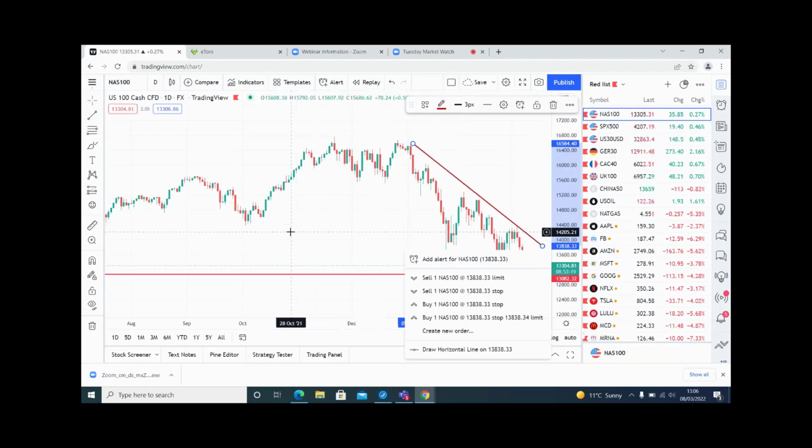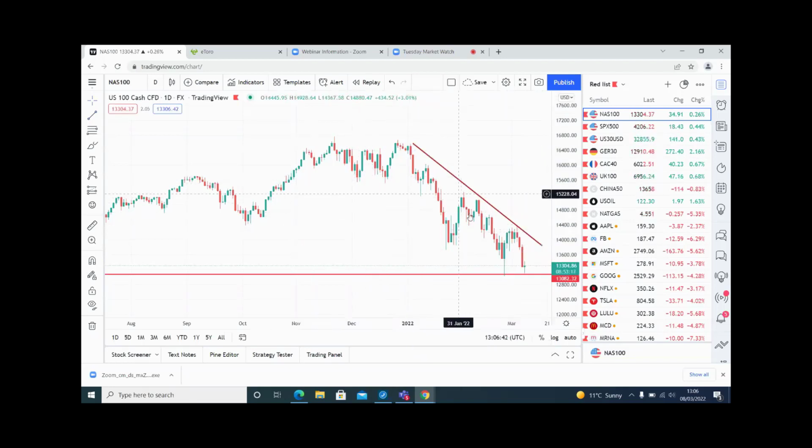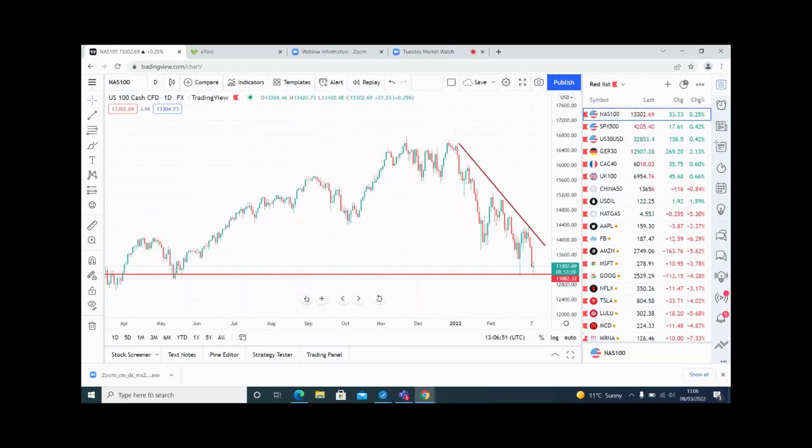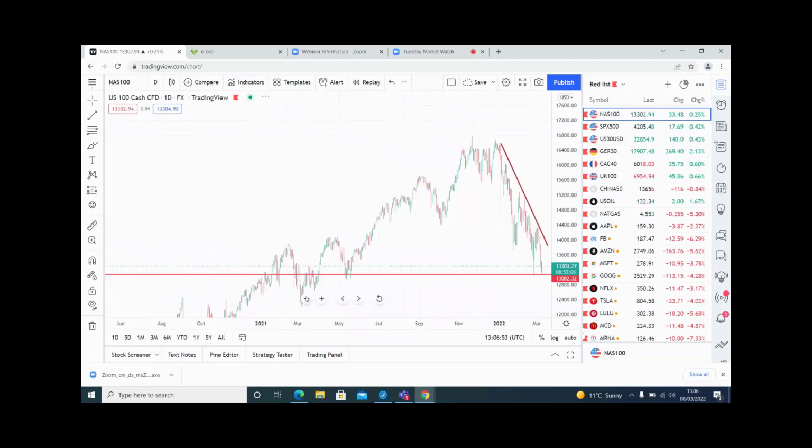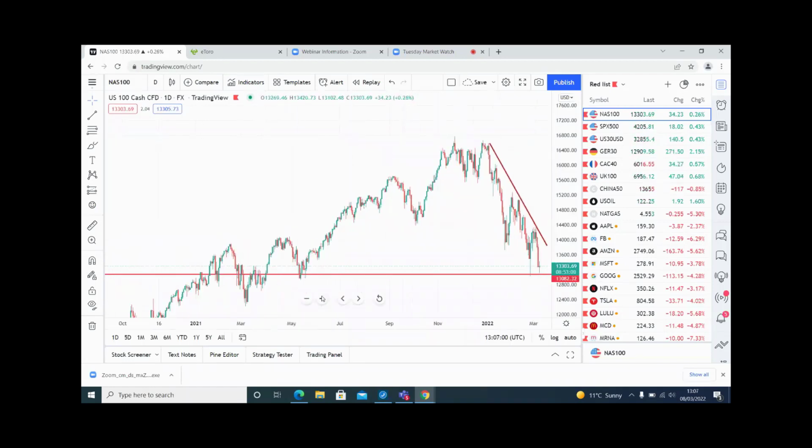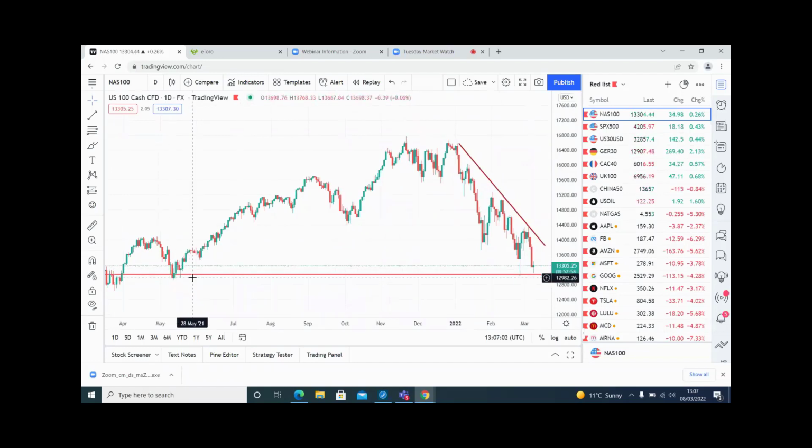The trend is going down. The question is, do we expect this to break, or do we expect this to bounce? Now, before you answer that question, I'm going to zoom out and have a quick look. Do we have a huge level there? Well, not really. We have a little bit, you could call that a rejection there, or you could call that a break. This one was rejected, this one here. But it's in that sort of area, in that sort of zone.